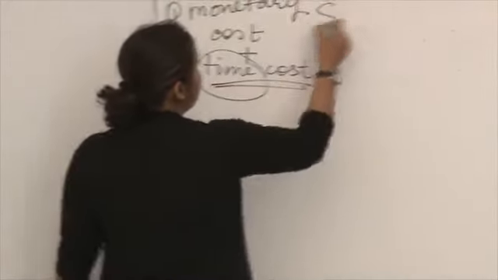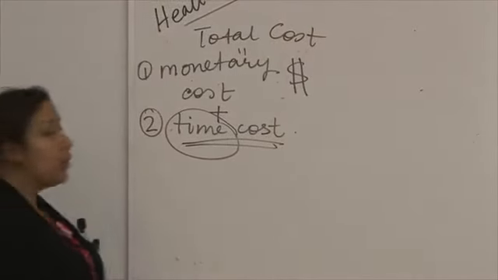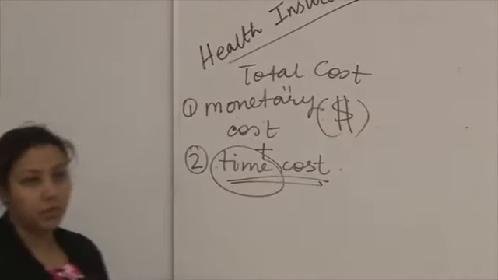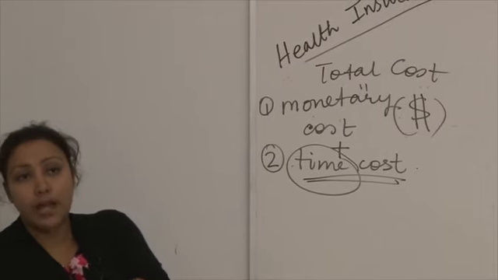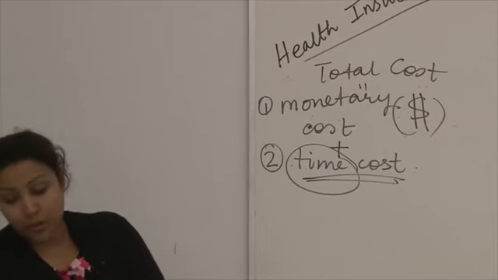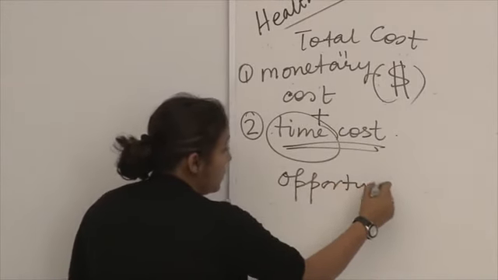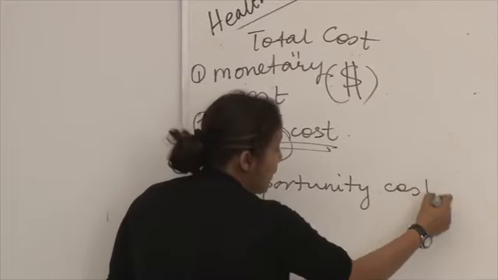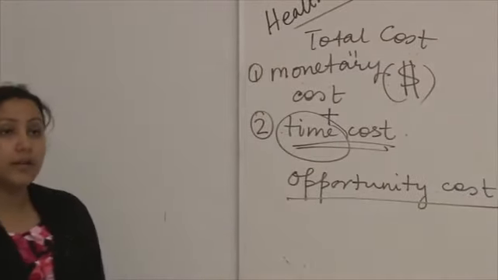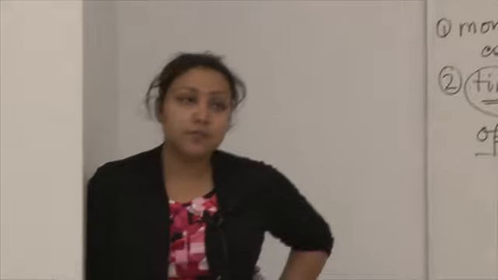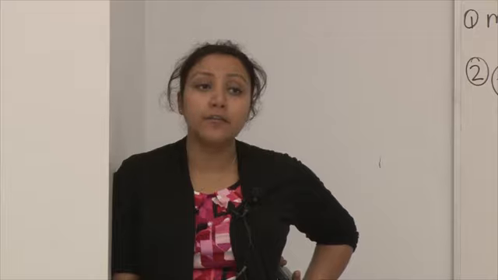Now, what is this time cost? Here we can have a dollar value attached to the monetary cost. But what about time? We really cannot place a dollar value for time. We have to evaluate time in terms of opportunity cost. The next best alternative use of that time, or what have we sacrificed for that time? The time that I am waiting at the physician's office, what else could I have done with that time? What have I sacrificed during that time while I was waiting at the doctor's office? That is the time cost. It is the opportunity cost, right?